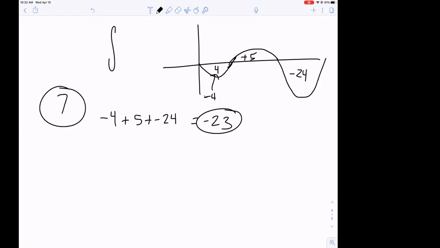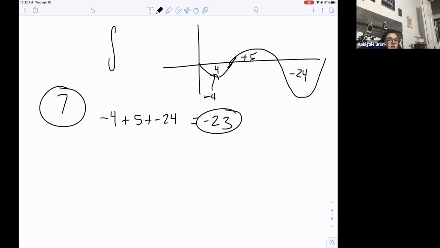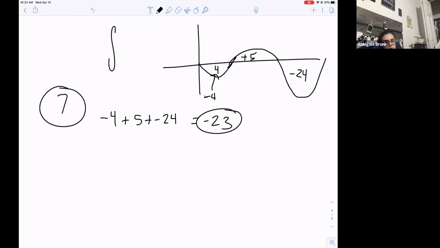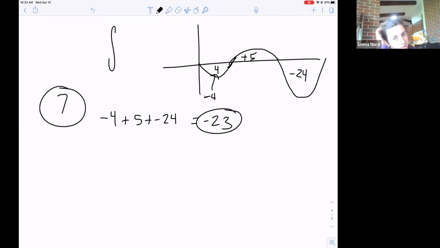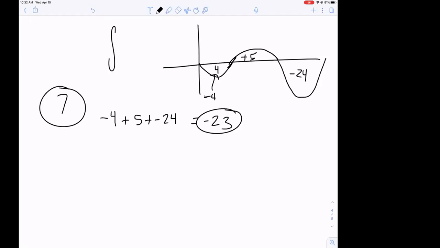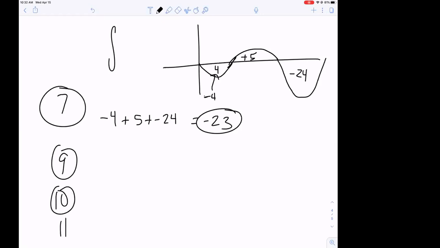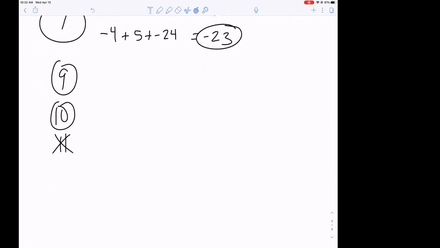Do we need 9, 10, or 11? How you guys feeling? Wait, are 10 and 11 the same thing, or am I not reading this right? Yeah, I think they're the same. In the book, they're different. I think it was just a typo. It was supposed to be 0 to C or something. So do 9 and 10, and then cross off number 11 because in your version it was the same as number 10. My bad. But as long as we talk about acceleration once, I think that's a good idea